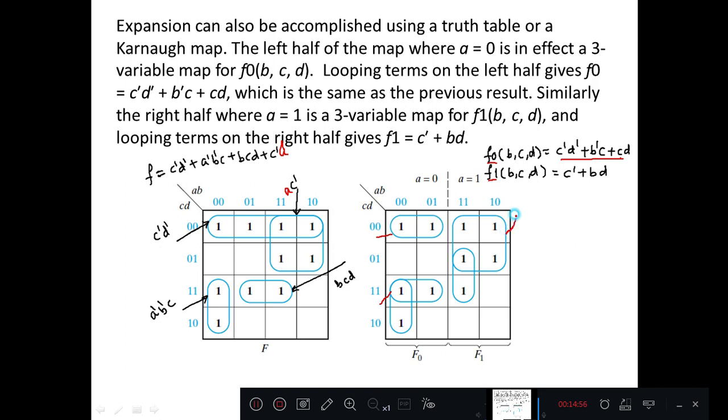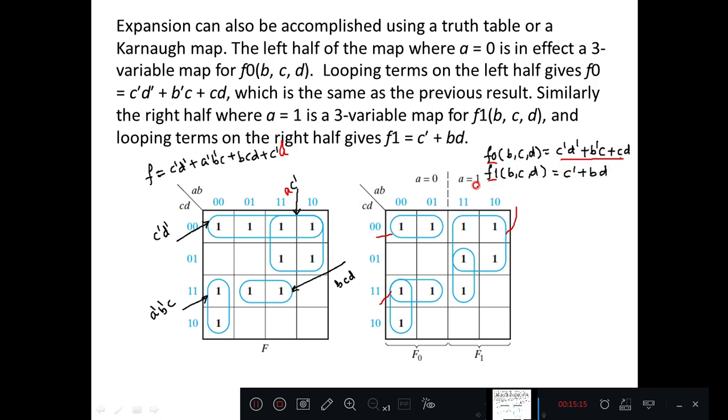This one is c dash. And these two cell grouping for a equal to 1 will result into, you can observe D is not changing, as well as B is 1. So BD, you get this term C dash or BD. What is F1?